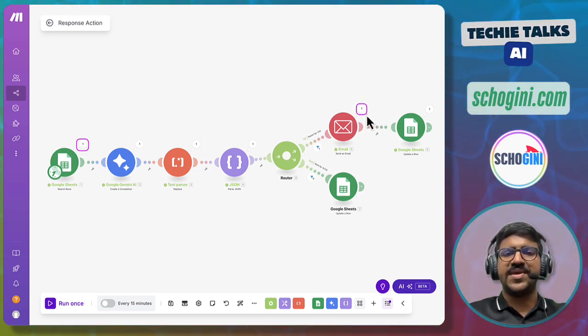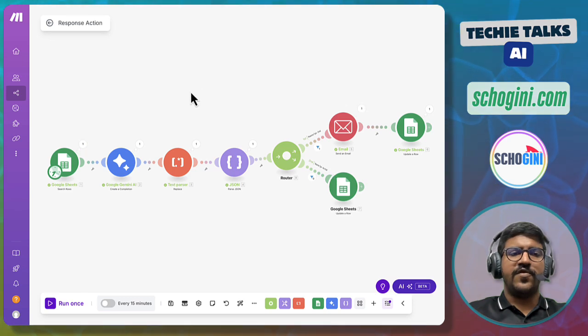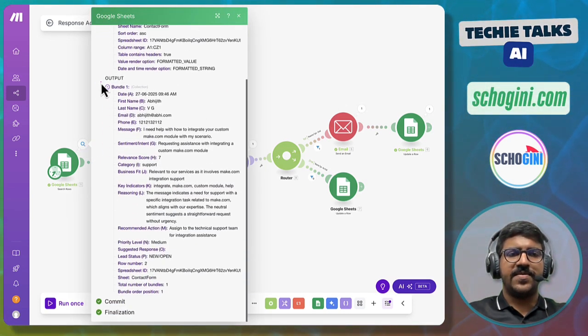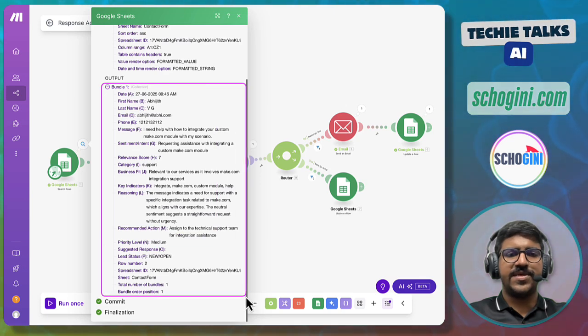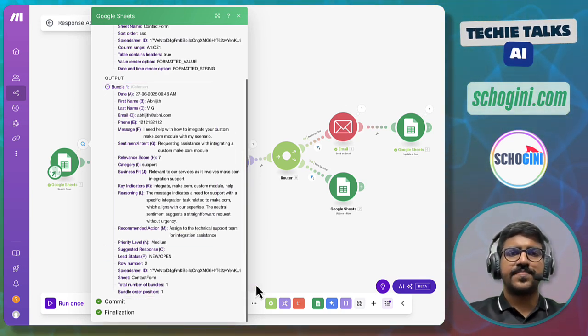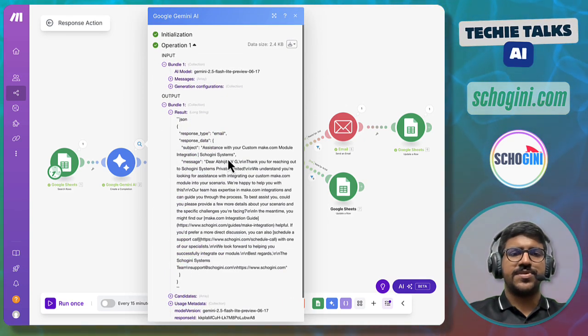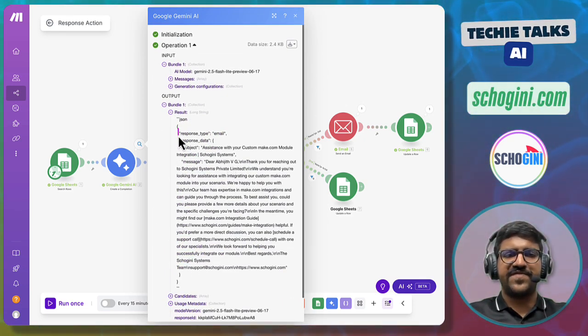If you look at this, you will see it gathered this data from the Google Sheet, then based on the LLM it generated this response. In the response it specified the response type as email,